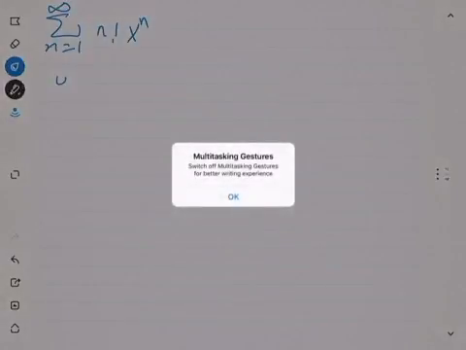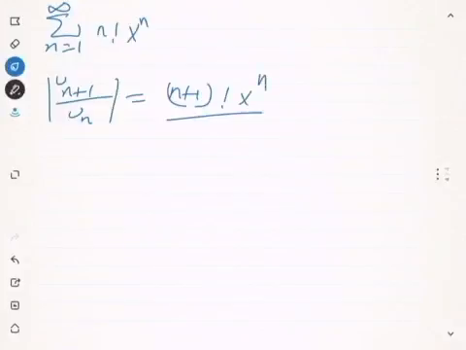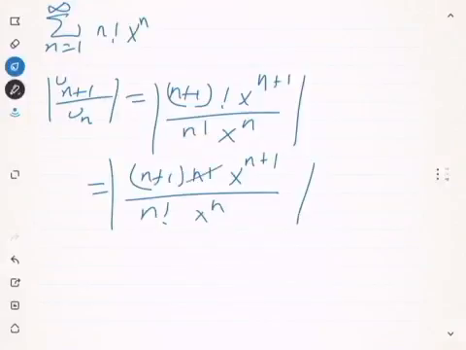Using the ratio test, you use a_(n+1) divided by a_n in absolute value, and then this would be n plus 1 factorial times x to the n plus 1 divided by n factorial times x to the n. This would be n plus 1 times n factorial times x to the n plus 1 over n factorial x to the n, and then the n factorial cancels, and this time you get n plus 1